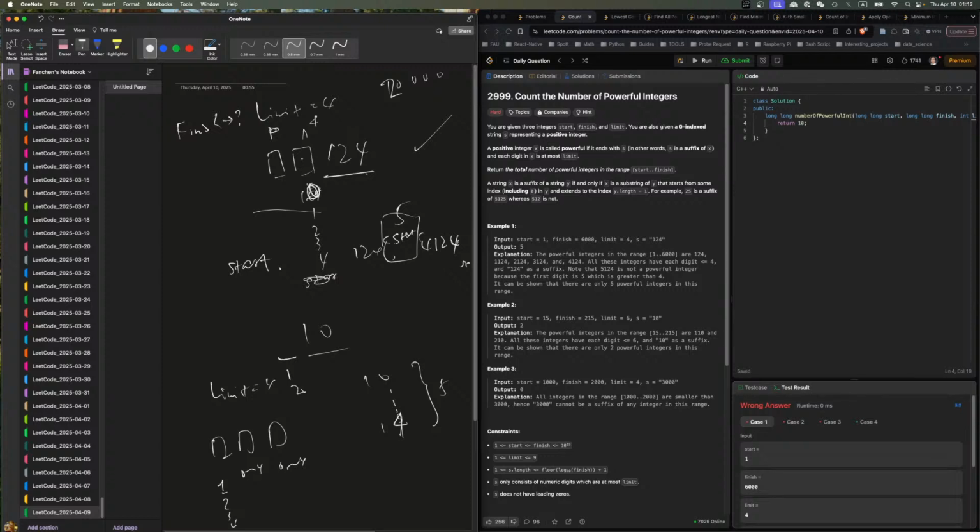If it's smaller than the limit, then we'll take that value and go to the next one. Next one, if it's smaller, we'll take that value. Okay, next one. If one of them is bigger than the limit,